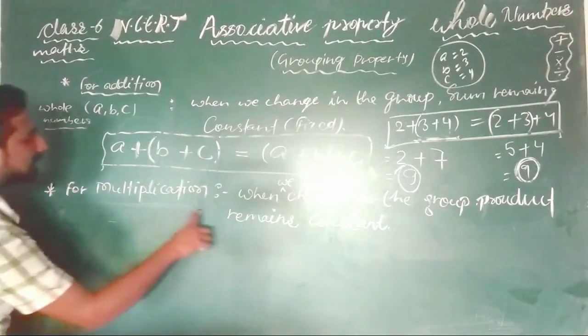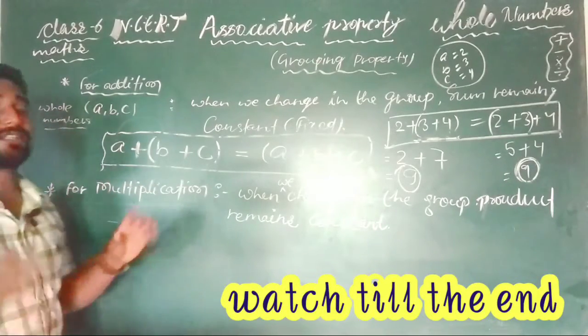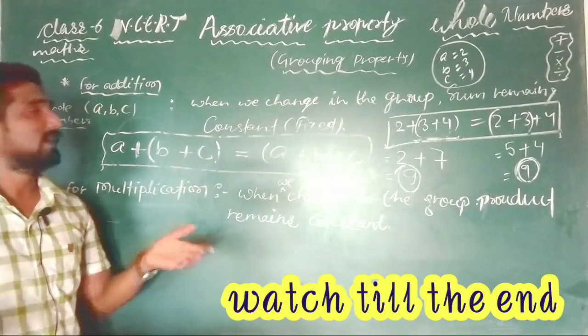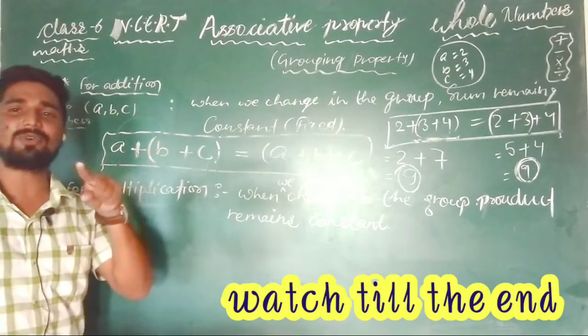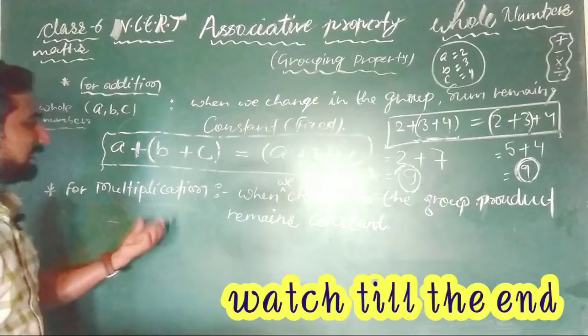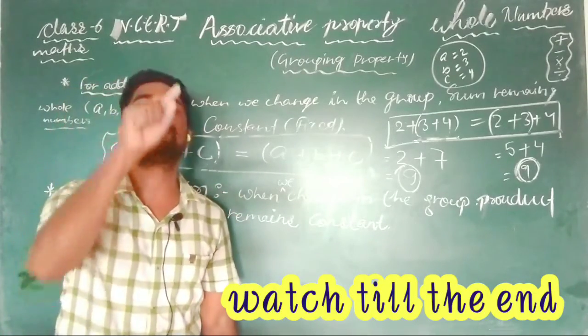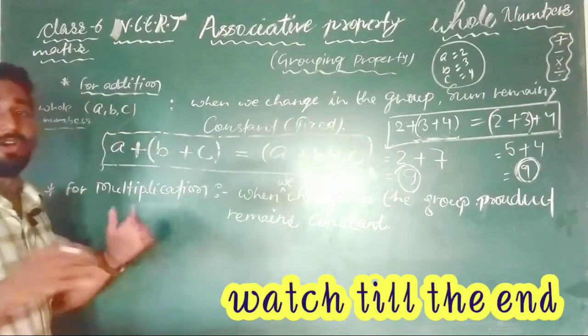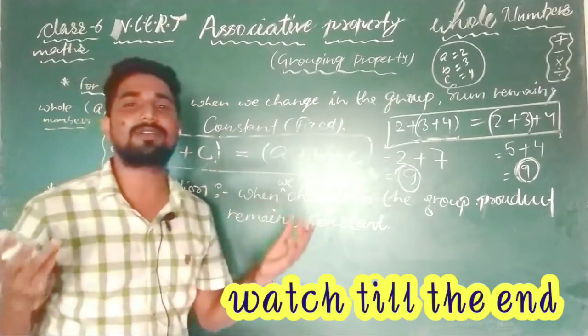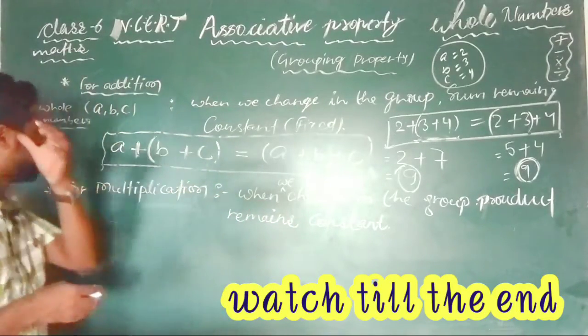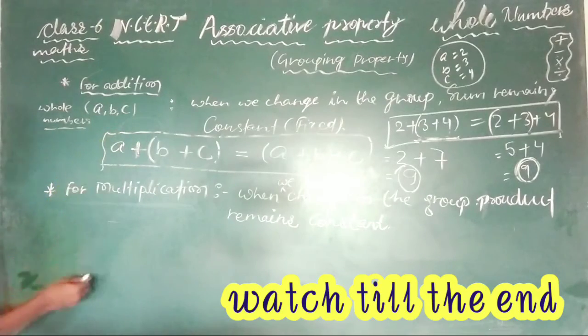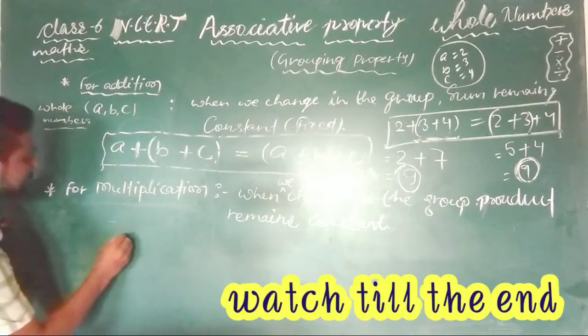Now you check for multiplication. Nothing else changes, only the operation sign will be changed. Here addition was there, so the addition sign was involved. Now for multiplication, in the place of addition, the multiplication symbol will be there. And in the same manner we have to take any 3 numbers. So I will take 2, 3 and 4 in the place of A, B, C. So first let me write the statement.